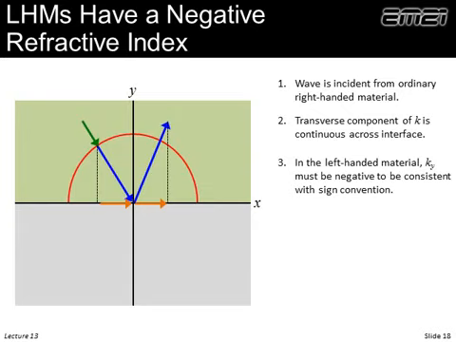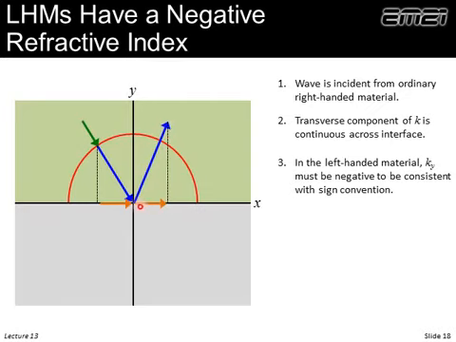Now in a left-handed material, we don't really associate the negative sign with E or H. Let's associate it actually with K. So that means that K should be going in the opposite direction than we would think. In this ordinary configuration, the Y component of K we would think would be going down. However, because we're associating the negative sign with K, it's actually traveling this way. So phase will appear as if it's going upward. The wave really will be down here, but in terms of the phase and our sign convention, we have to draw this going upward because we associate the negative sign with it.